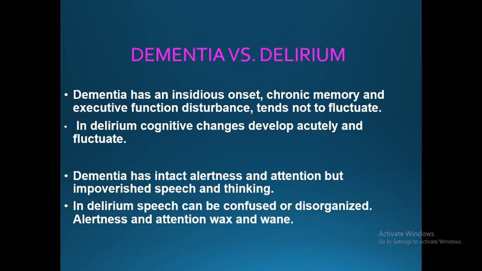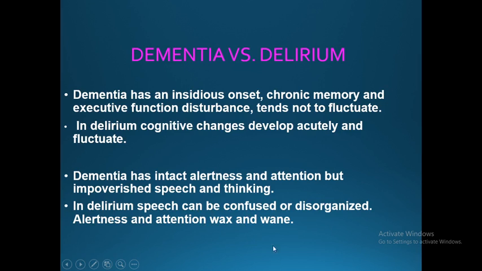Dementia has an insidious onset, chronic memory and executive function disturbance, and tends not to fluctuate. Dementia has intact alertness and attention but impoverished speech and thinking. It is a long-term, insidious or gradual onset with a chronic memory impairment, and this doesn't fluctuate. But in delirium, cognitive changes develop acutely and they fluctuate, and speech can be confused or disorganized, alertness and attention wax